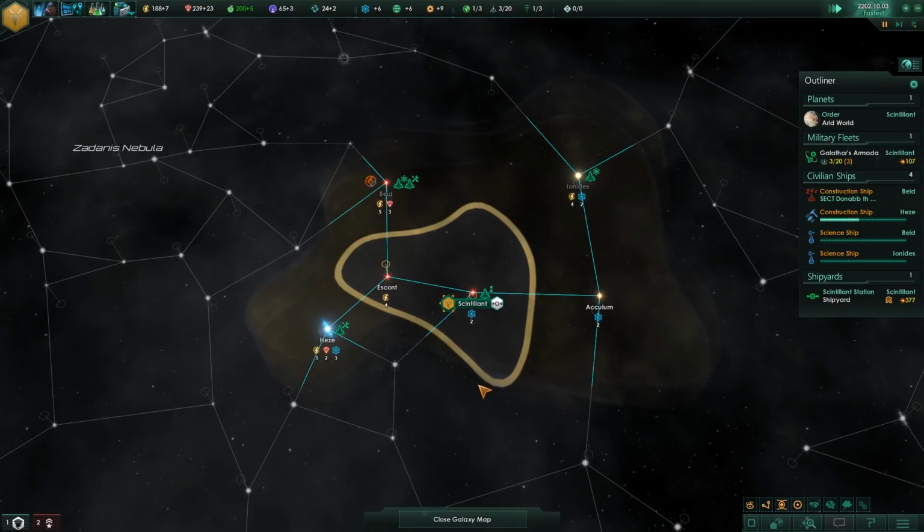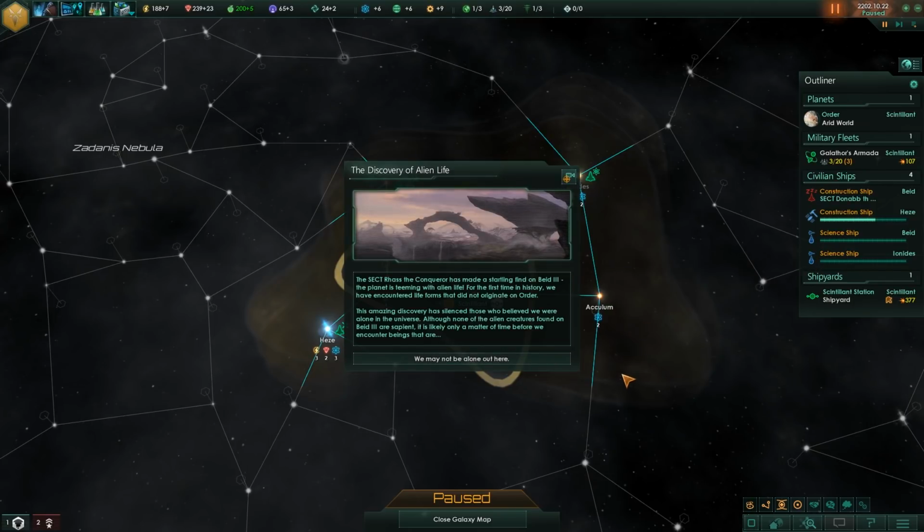Right. So we can see here how close they are to finishing surveying. And great, I've actually discovered alien life, which is a basic...